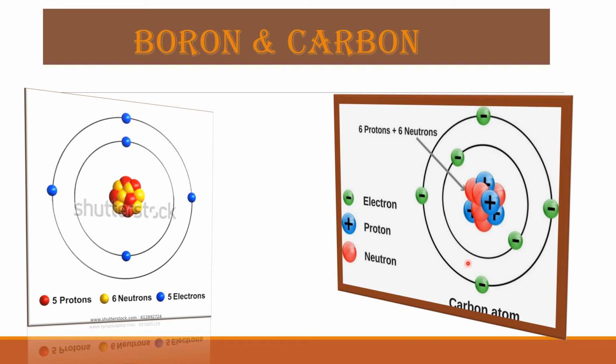And this is carbon atomic structure where 6 electrons are present, and 6 protons are also present. Actually, a 3-dimensional structure has been shown. That's why only 4 protons can be shown, but actually, there are 6 protons. And 5 neutrons are present.